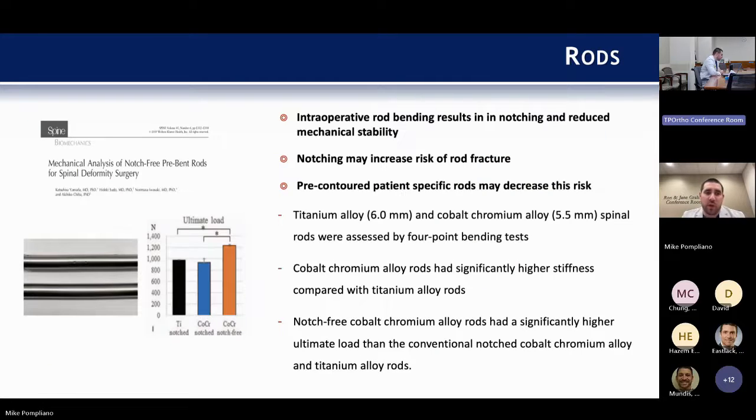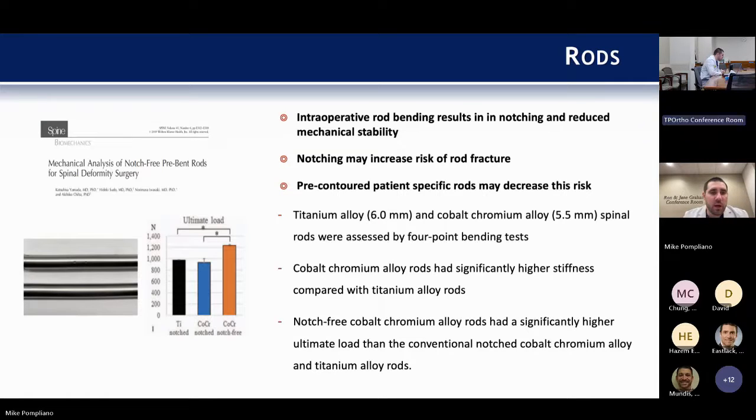Overall, looking at rod contouring and biomechanical strength, this is something that Dr. Mundis talks about frequently, as I'm sure do a lot of the other guys. Looking at intraoperative rod bending with respect to notching and the reduced stability overall. And the thought is that notching increases the risk of rod fracture, and therefore pre-contoured patient-specific rods may then decrease